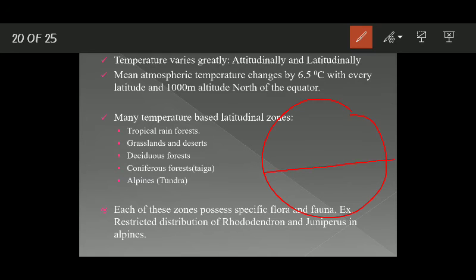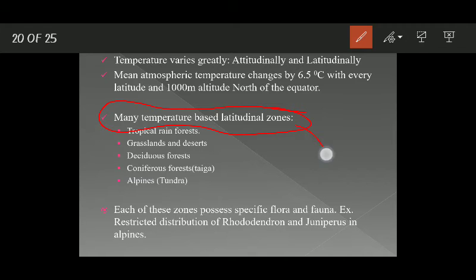This is the equator. As we move 1 degree in latitude, temperature decreases by 6.5 degrees Celsius. Similarly, if you are climbing a mountain and you have climbed 1 kilometer in height, the temperature decreases by this much. And based on temperature,